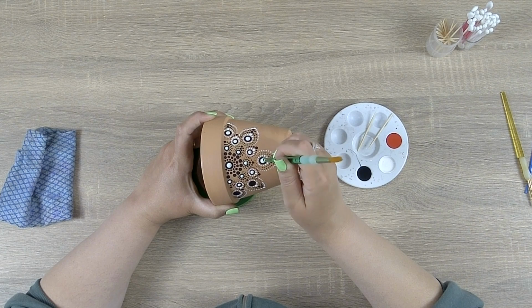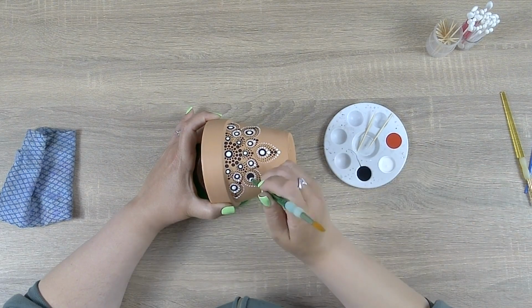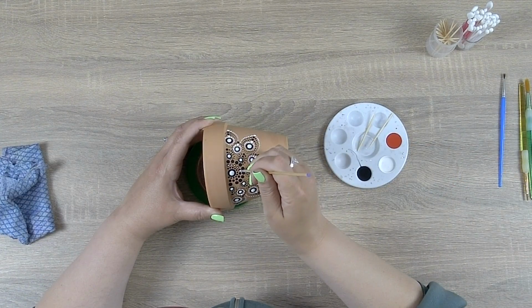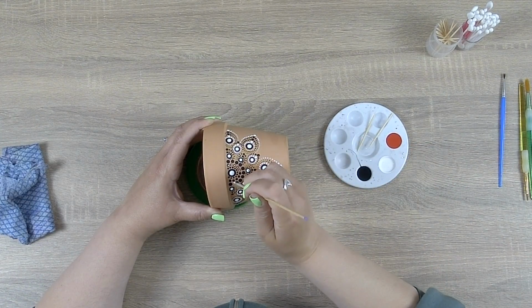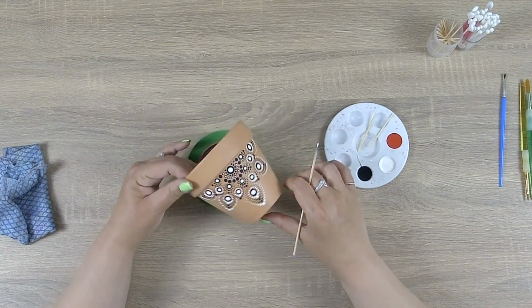Excellent. Now let's switch back to the top of the green paintbrush and add a top dot to the center dot of our petals in row 6. And for a final bit of white, let's switch the dotting tool to the wood skewer, and we'll add a small white top dot to all the dots in row 2. Beautiful. Now let's let these top dots dry for a bit, and then we'll switch over to some red paint